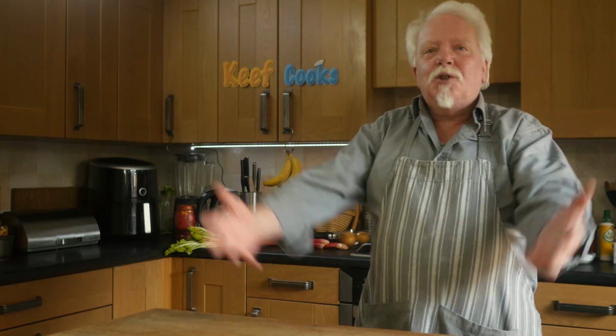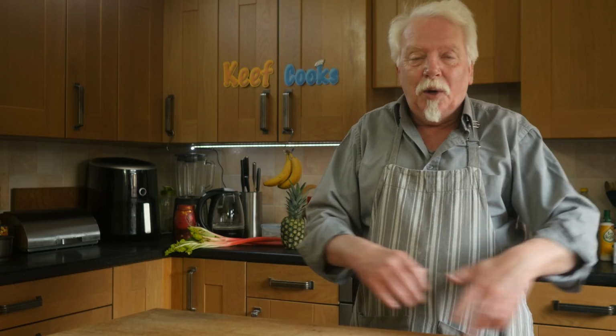No. This was just a way, in the olden days, of preserving meat or preparing meat so that it would keep a bit longer than fresh meat would. So it's not a pate, it's just a preparation of actual joined up meat, cooked for a very long time till it's really tender, and then shredded and stuck in a jar. So you can just stick it in a sandwich or spread it on toast, and it's a lovely thing for